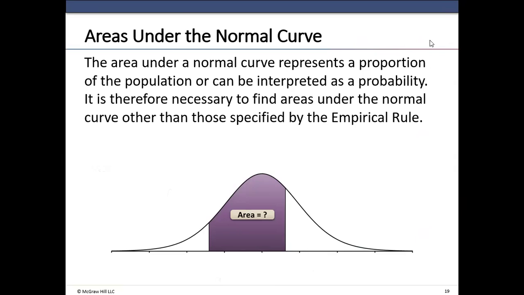What is the empirical rule? 1 standard deviation 68%, 2 standard deviations 95%, and 3 standard deviations 99.7%. So the question is, how will you find area under the curve? Because area under the normal curve gives you probability between two boundaries. Sometimes they're outside the empirical rule. So we have to know how to find the area under the normal curve